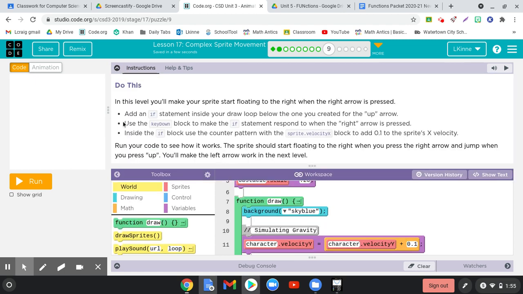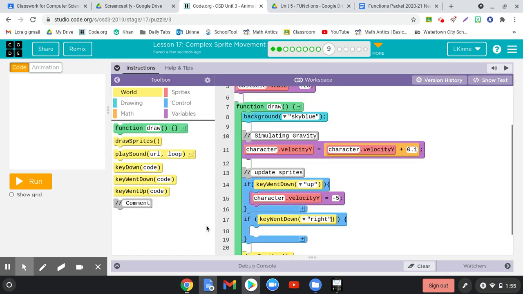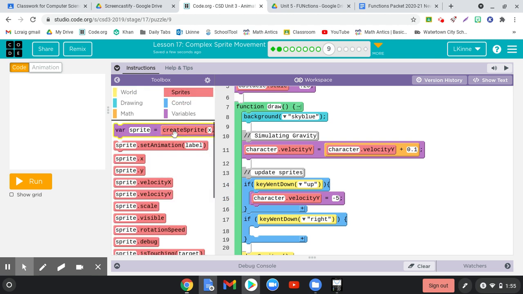All right, then it said inside of the block, use the counter pattern with the sprite's velocity X block to add 0.1. So the sprite's velocity X is going to be equal to the velocity X plus 1,